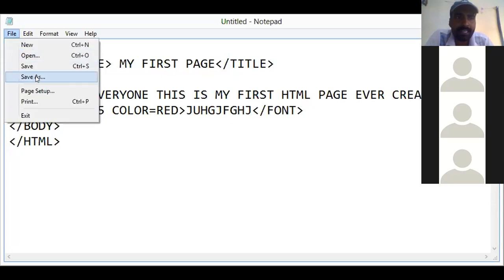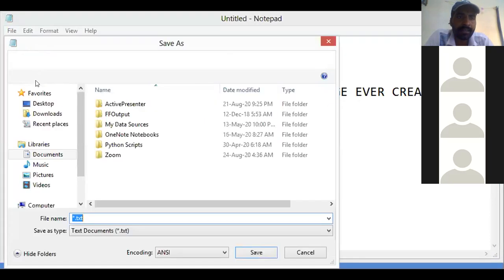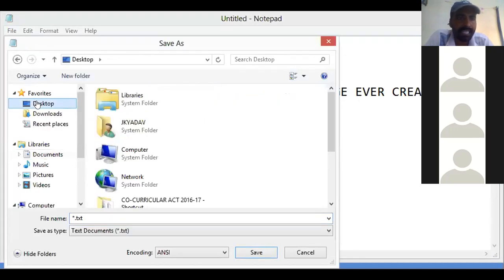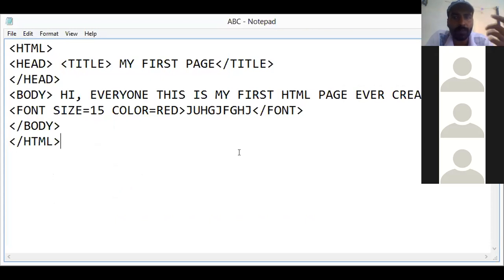So here I have made it, now I show you the output. I will save it, save as, then on the desktop, I will save it as, suppose, abc.html. How to save an HTML document? You write the name of the file with .html. .html is compulsory to save any HTML document. Then save it. Sir, if .html is not written, then the file will not run, and the web page will not appear in your browser. Okay.